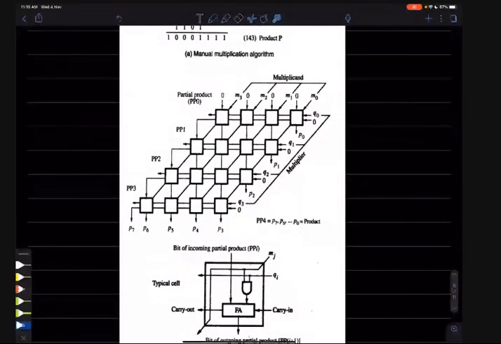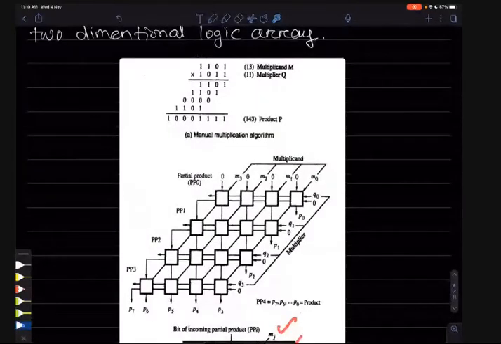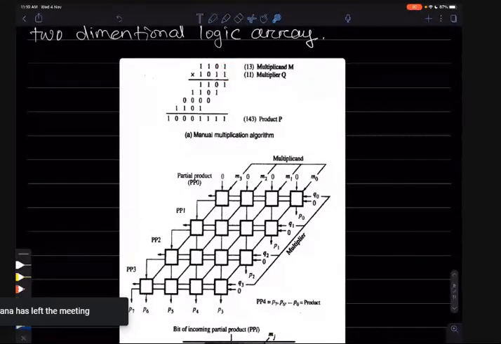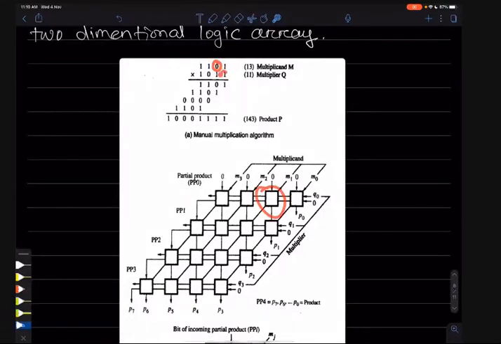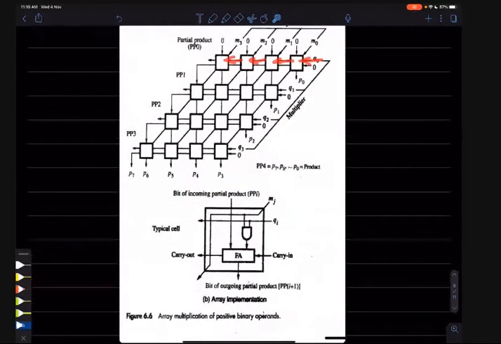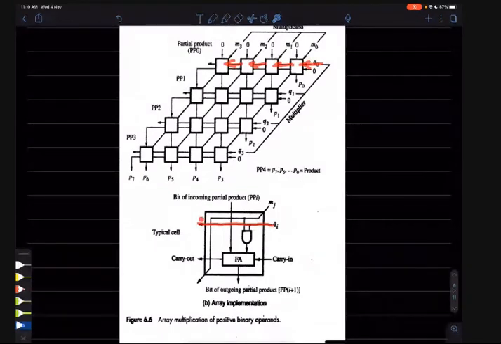Inside this AND gate we are just multiplying the M bit and the Q bit. So we are multiplying every M bit with the Q bit. In the second box, this 0 will be multiplied with 1. In the third box, 1 will be multiplied with 1, and in the fourth box 1 will be multiplied with 1. So this 1 has to go through all the boxes. That's why the Q is transferred to all the boxes, so there is a direct line. It will come in and go out from this box to the next box.